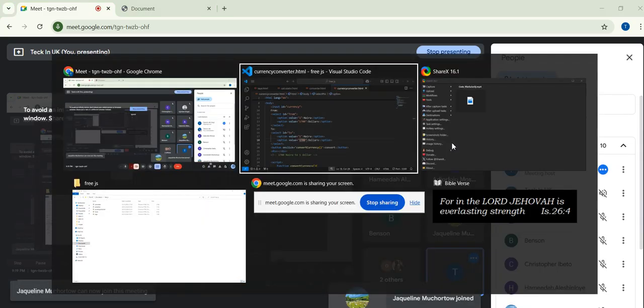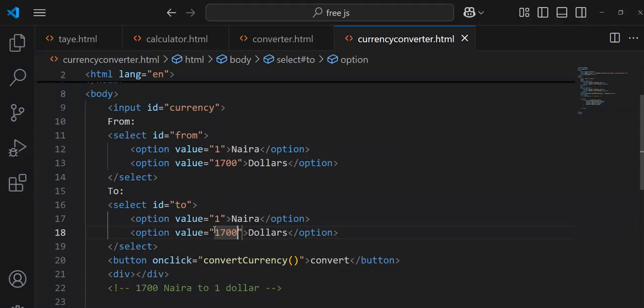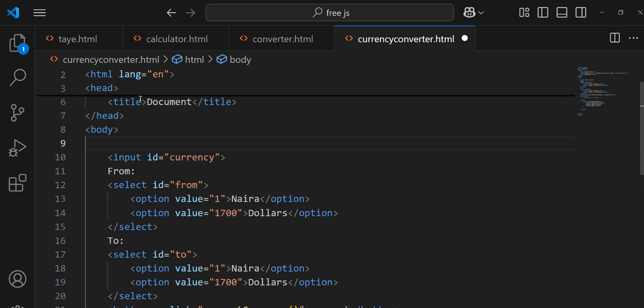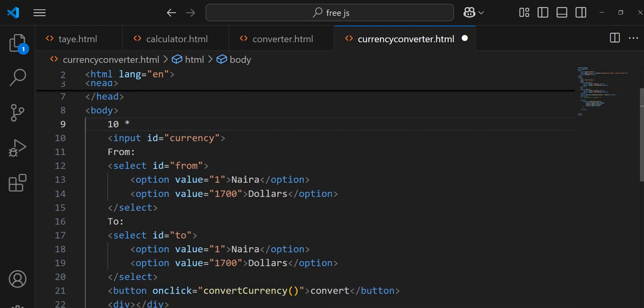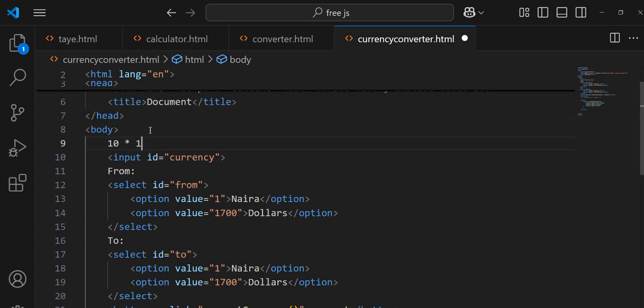Okay, so the value of this to be 1 and the value of this to be 17. We can now easily say that whatever value the user entered here, let's assume the user entered $10 to naira, 10 multiplied by where you are converting to. The value of dollar here is 17, divided by where you are converting from, which is 1. So if I'm converting $10 to naira, that becomes 10 times 17, and that's going to give me 17,000,